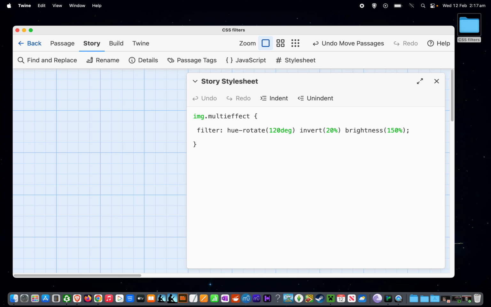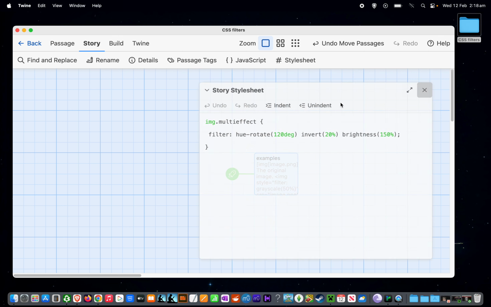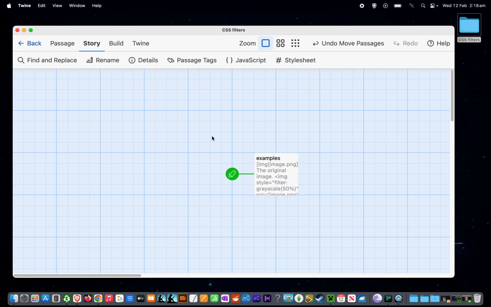I don't have to put that semicolon because there's only one line of stuff within these curly brackets, but you do have to put it if there were more than one, if I had something else other than a filter. But I try to put the semicolon in every time because that's just easier. If I put it in when it's not needed, I won't forget it when it is needed. And that is how you can display a color picture as black and white,